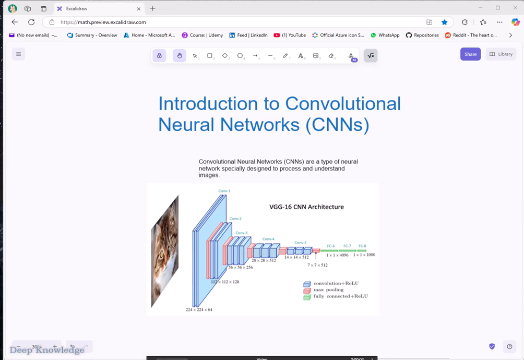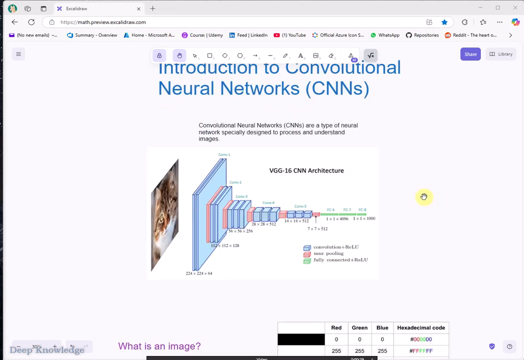In today's video, I will try to show you and explain how a convolutional neural network works. These powerful models are specifically designed to process and understand images. The CNN is the core of computer vision and it's used for anomaly detection, autonomous driving, medical images, and many more applications. This is the architecture